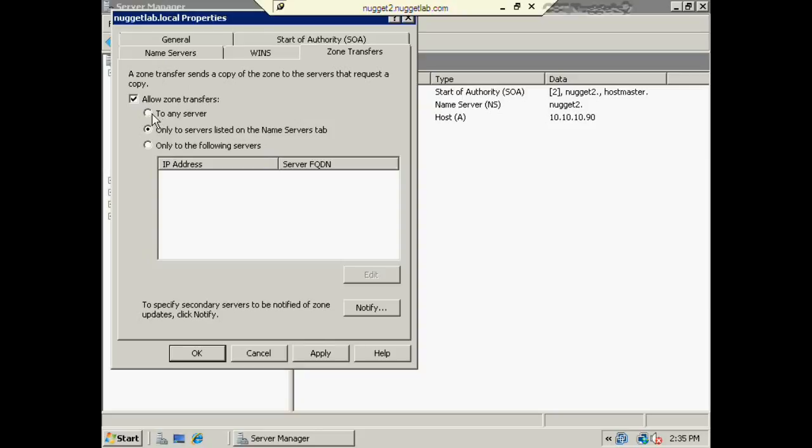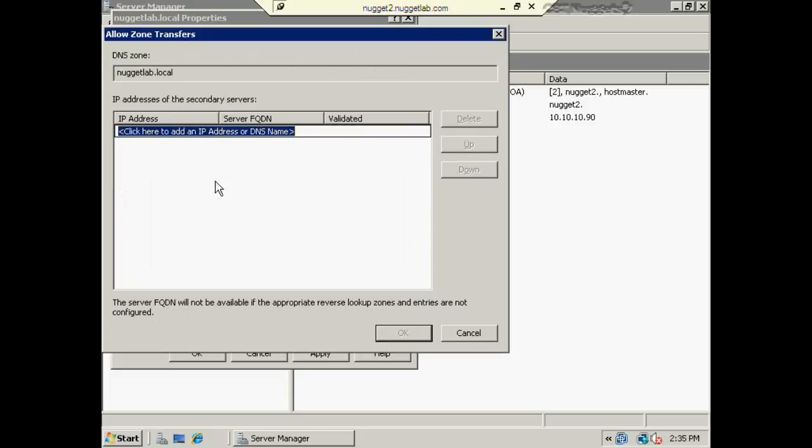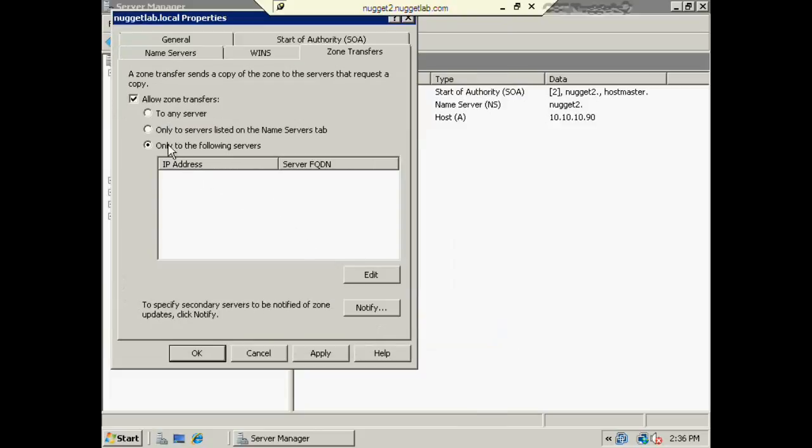I can also say allow zone transfers to any server, which is not a good practice in terms of security. I can't think of any real good reasons to use that one other than just in a lab, and you can't seem to get any zone transfer to work for any reason. And if you're in a closed network, you might try it just for testing purposes. The other thing you could do would be only to the following servers, and then you would edit the list, and you would just add in the IP addresses of any servers that you wanted to transfer the zone over to. I'm going to leave it with the default setting there, however,